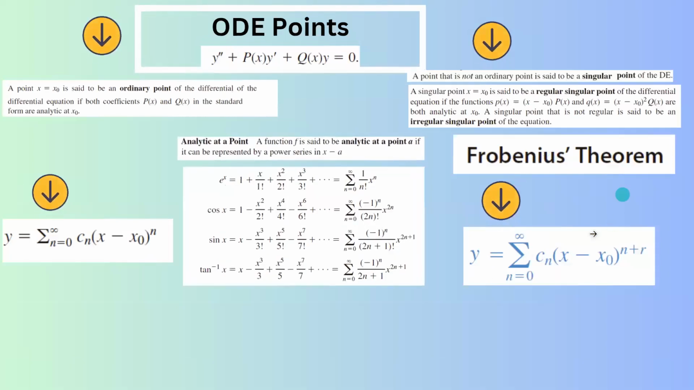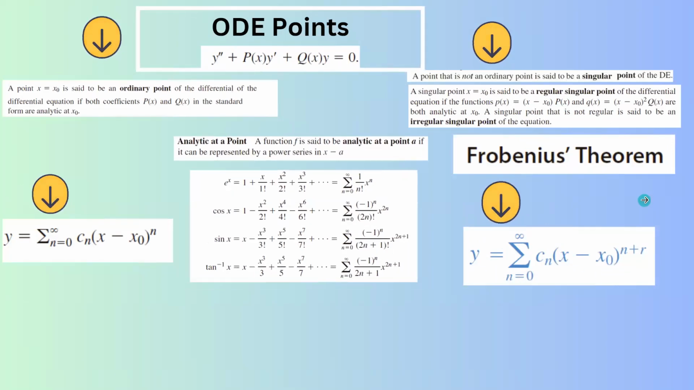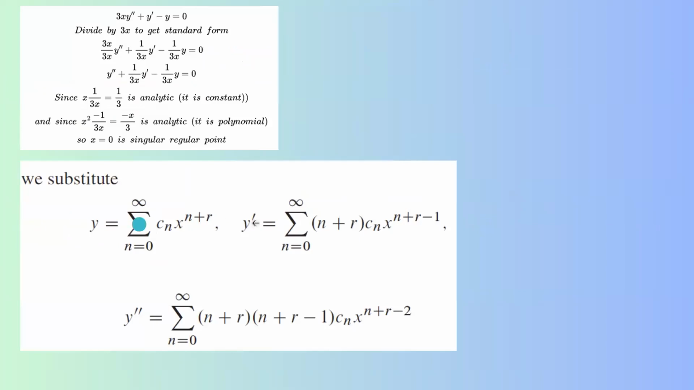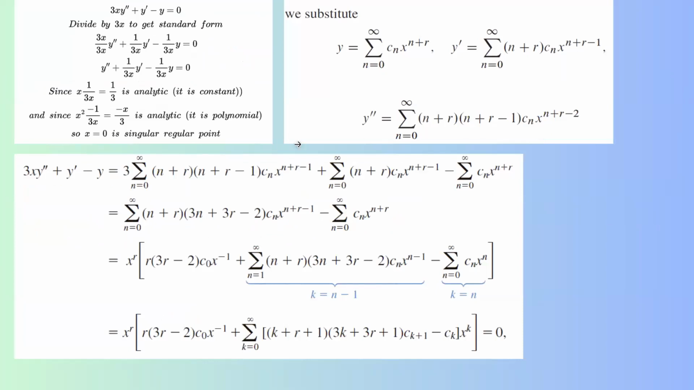Now, since you have a regular singular point, to find the solution, you're going to apply the Frobenius theorem. It means that the power series that you're going to use has the following form. Let's take the first derivative and second derivative of the power series of Frobenius form and then substitute that in the original differential equation. When you substitute these three into the original differential equation, it is 3x times the summation of (n + r)(n + r - 1) c_n x to the power n + r - 2,